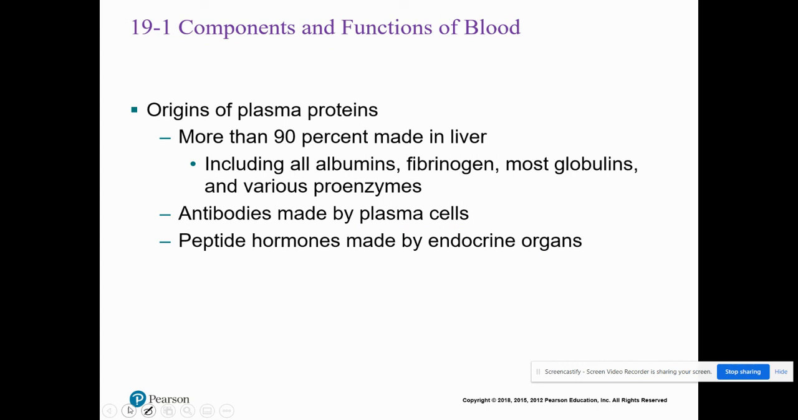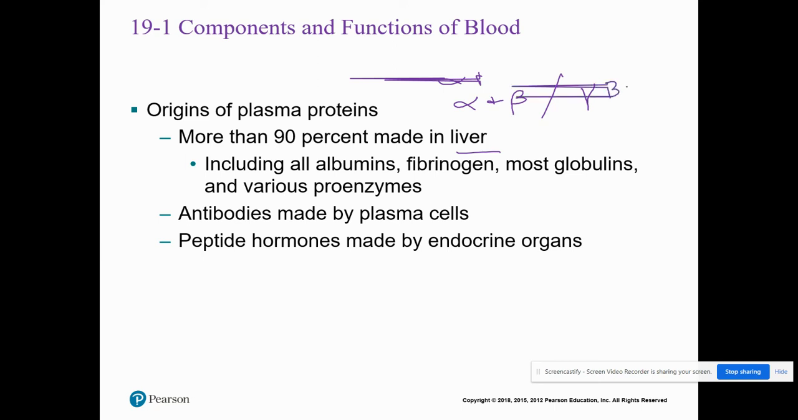Okay. Origin of plasma proteins: 90% come from the liver. So when I was talking about the globulins, alpha and beta, they're going to come from the liver. The gamma cells, on the other hand, are actually produced from